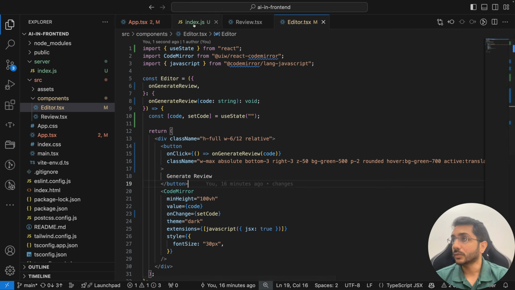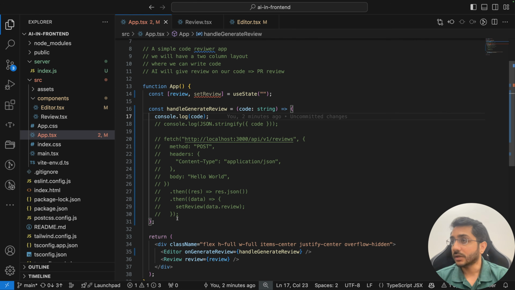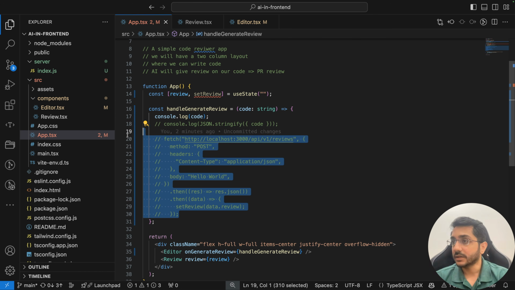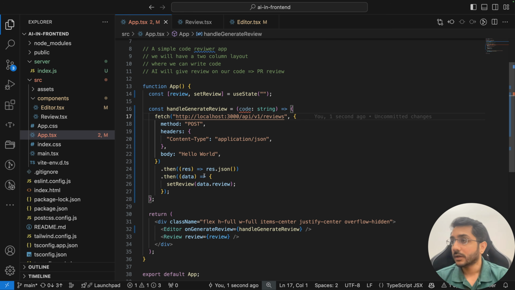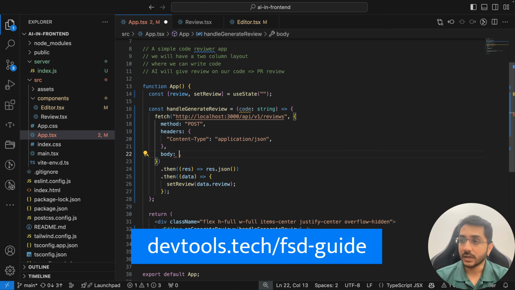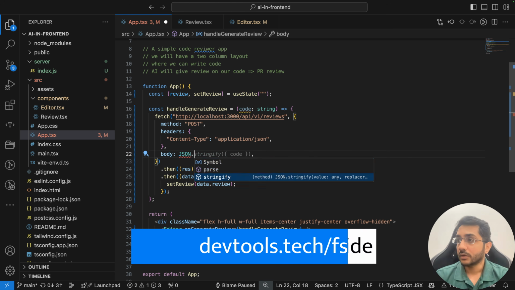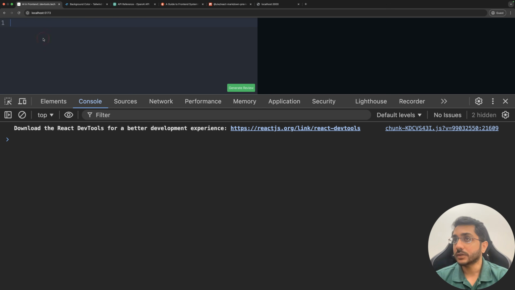That's the issue. So if I come back to my app.tsx, I reset this. Let me set this again. Let me remove this. Now I use this code hello world. Rather than this, I will do JSON.stringify code. I will come back, clean it up, and if I say generate,